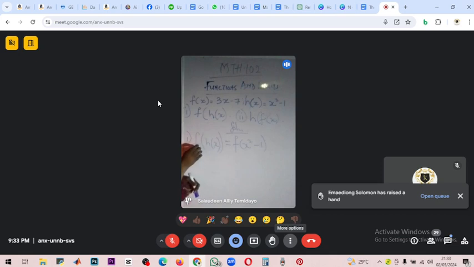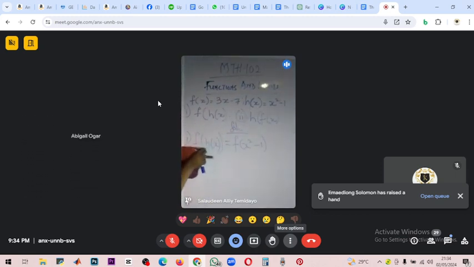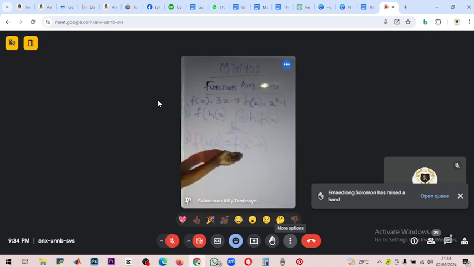I said we have f of h of x is what we are asked to look for. We are given h of x. We are given f of x. So what is f of h of x? You are going to write it out very well. Instead of writing h of x again, write f of what is h of x? x squared minus 1. That is what I'm writing. So instead of writing f of h of x, I'm writing f of x squared minus 1.